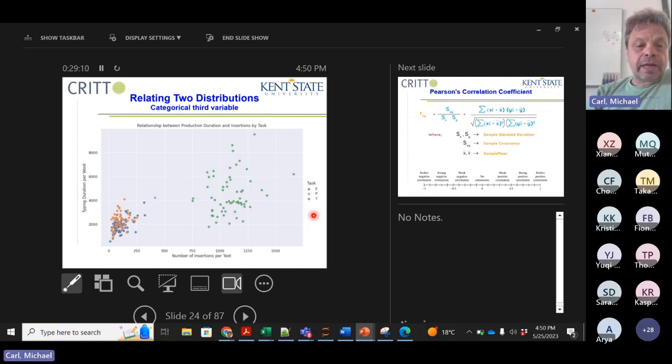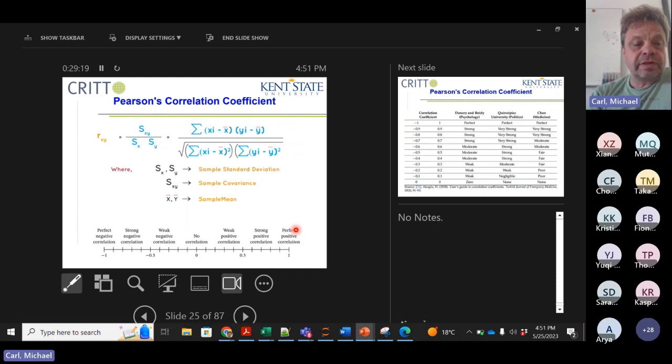Okay, so here we can just visualize these relations. We can also quantify the strength of these relations. And also this we addressed yesterday a little bit. One is the Pearson correlation coefficient, where we have here a covariance. So this is the covariance of the two variables x and y divided by the standard deviation of x and the standard deviation of y. And what this means is that basically from each value we subtract the mean, for the mean of the x and the mean of the y,